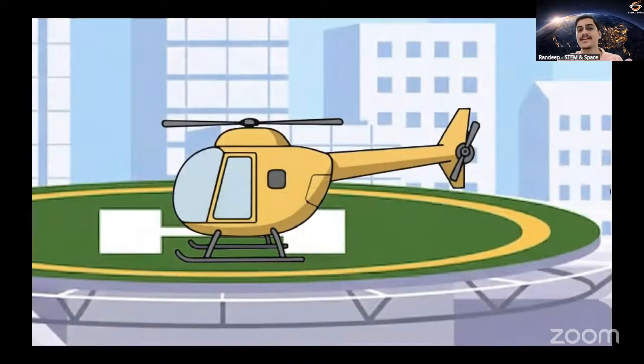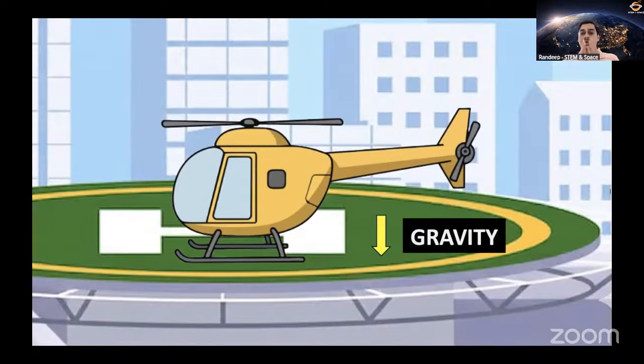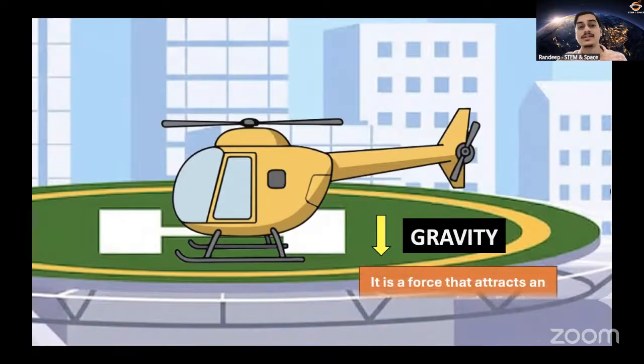So let's say I have a nice, cute little helicopter on the top of a building. So when this helicopter is at rest, that means when this helicopter is exactly standing on this helipad, what is happening is that continuously the gravity is pulling it downwards. That means all the force is actually acting in the downward direction. So helicopter is naturally not moving. So to counteract this gravity, the helicopter first spins its big fan that it has on its head. And when that fan spins, what happens is that a force gets generated against this gravity.